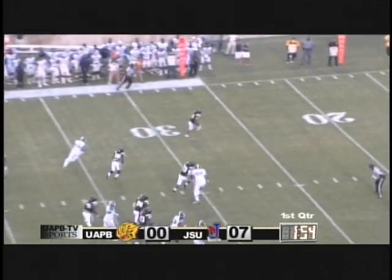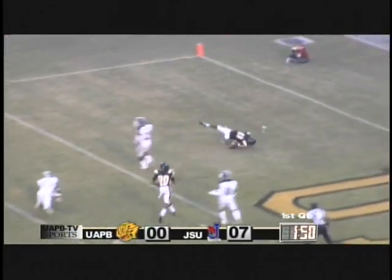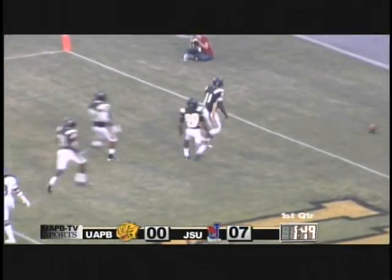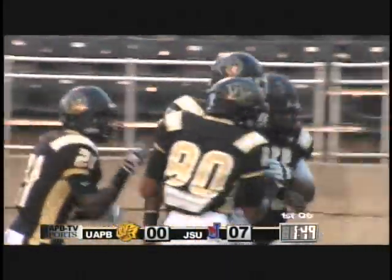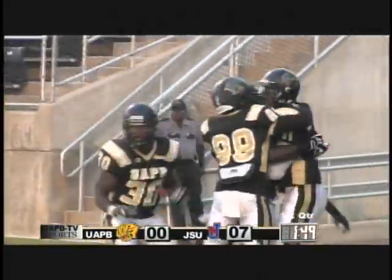Gonna run it, 30, daylight, 20, 15, 10, needs a block, end zone, yes sir, touchdown. Golden Lions, Ben Anderson takes it up the left side of the field, cuts it back, and to the house,